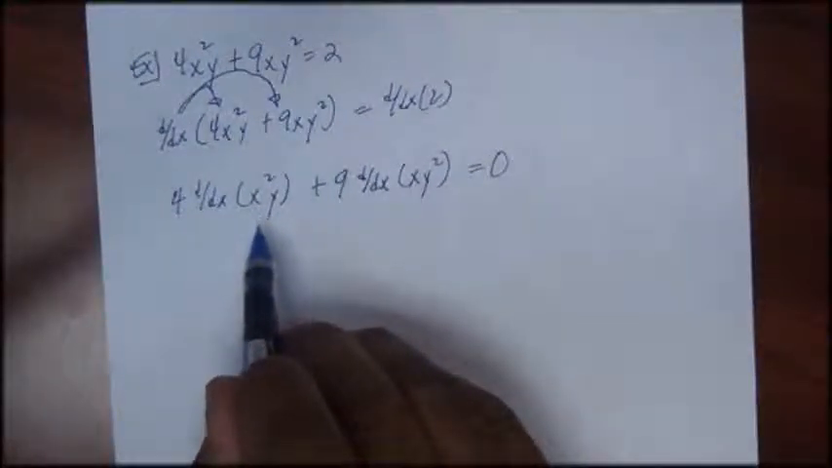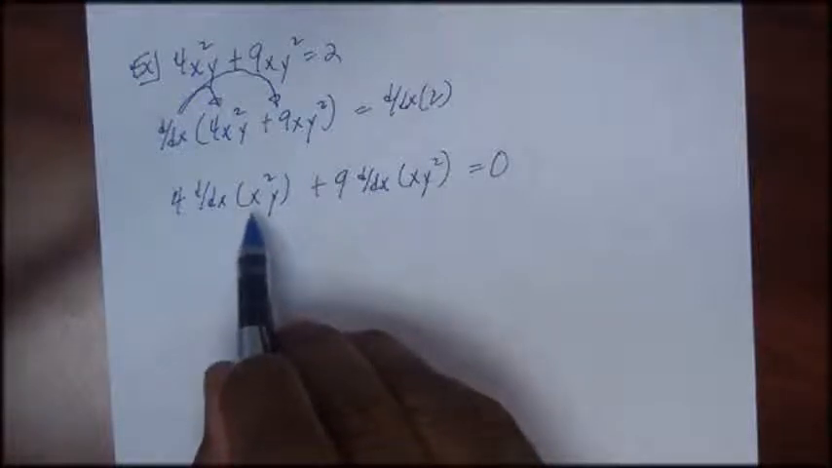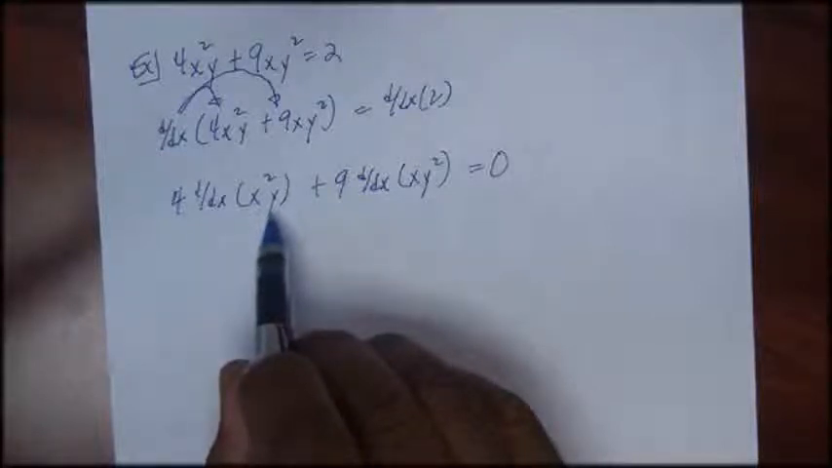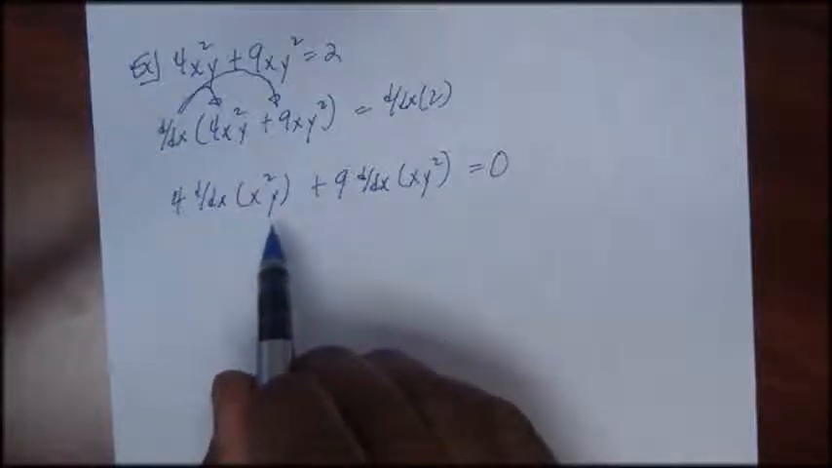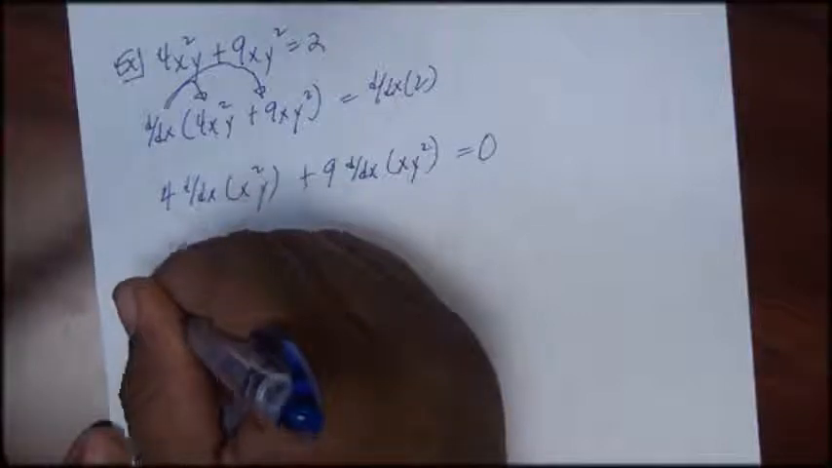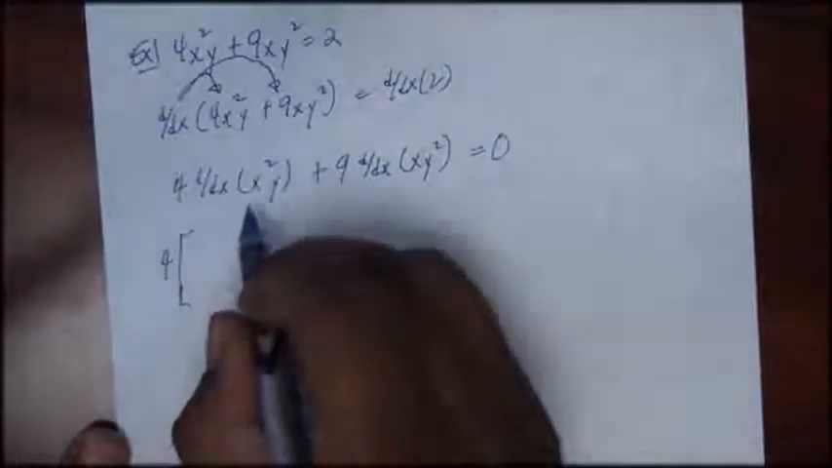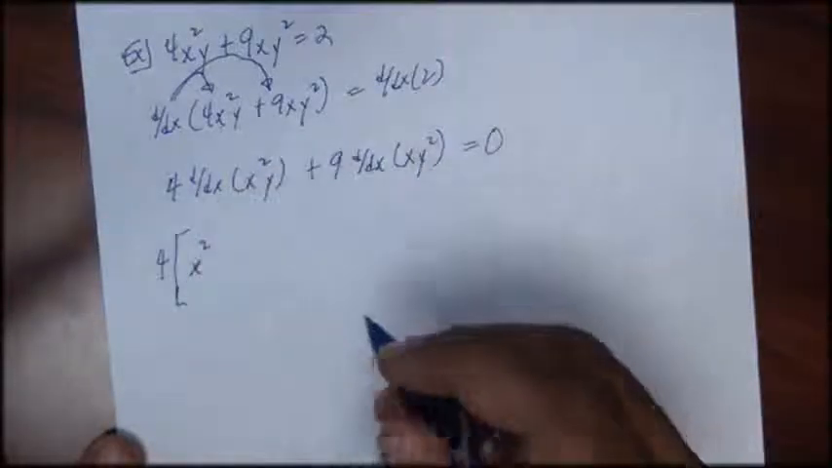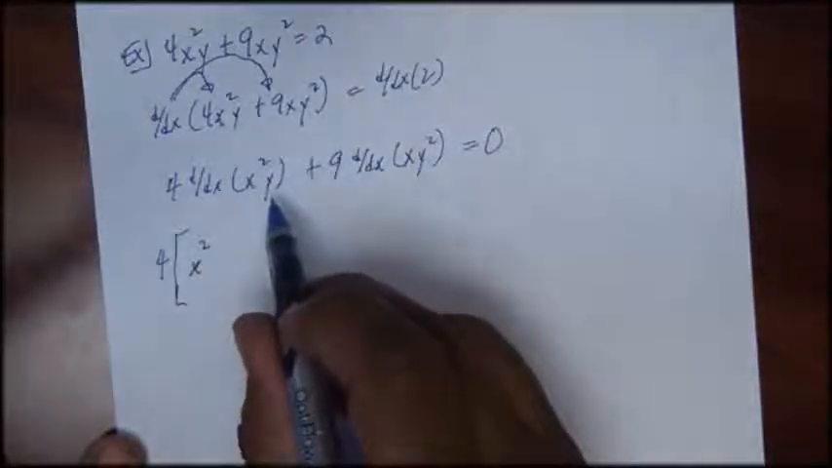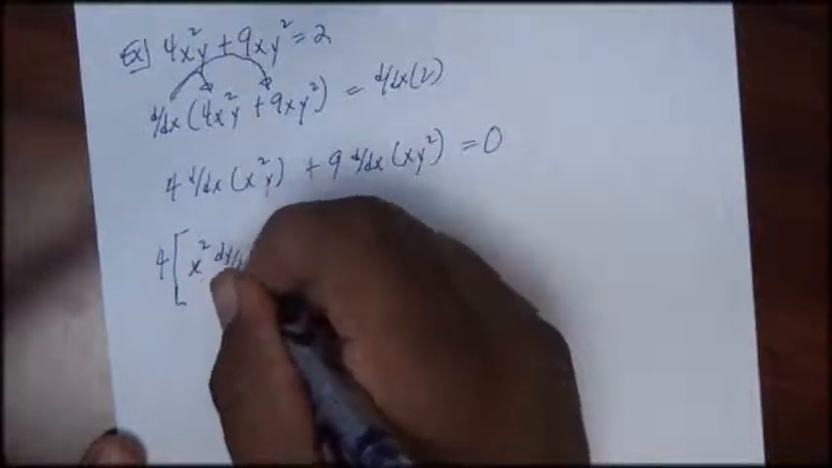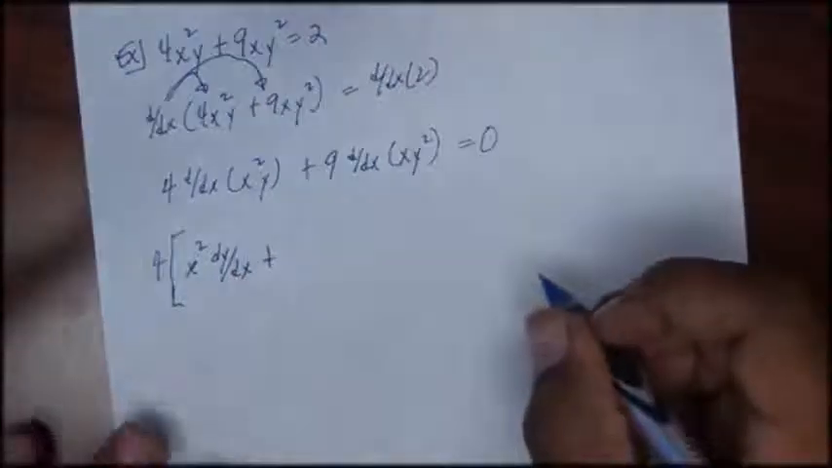Next we'll find the derivative for x squared y, so we'll use the product rule. The product rule for derivatives states that it's the first factor times the derivative of the second factor plus the second factor times the derivative of the first factor. So we have 4, which is the constant multiple. We have our first factor, which is x squared, times the derivative of our second factor, and the derivative of y with respect to x is dy/dx,